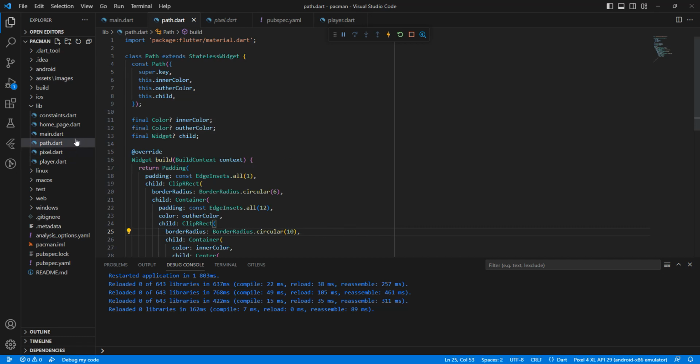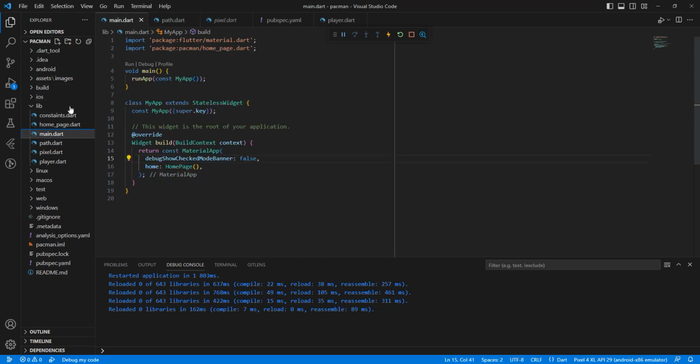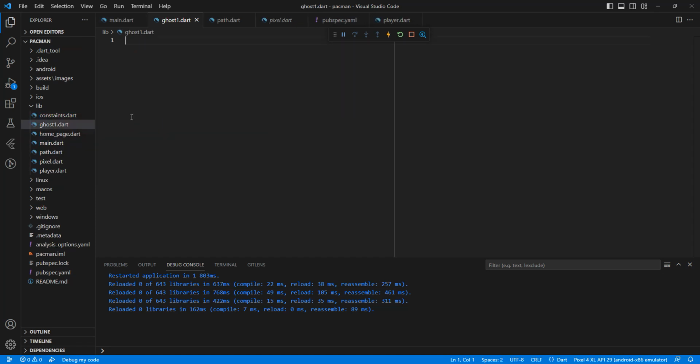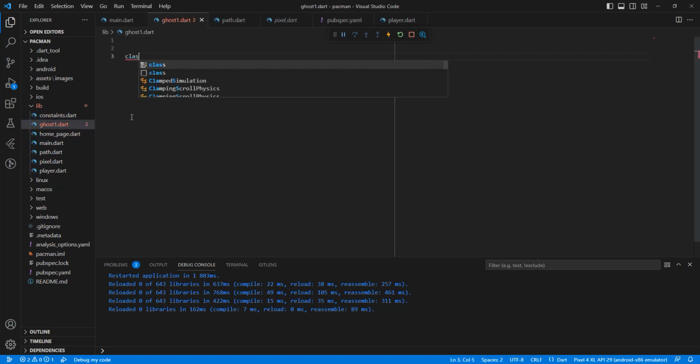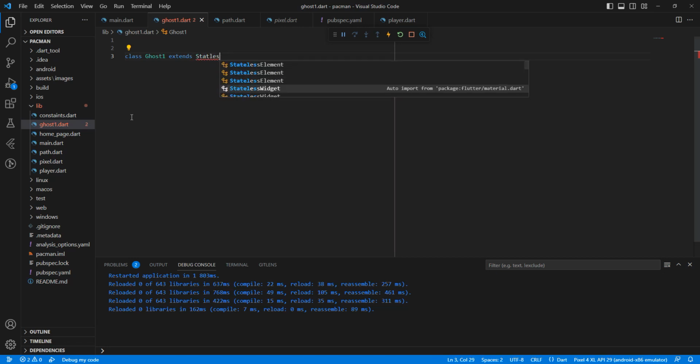Then we create host, add file host1.dart, class Host1 extends StatelessWidget